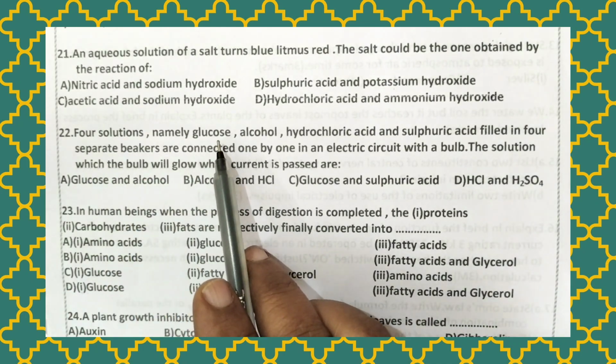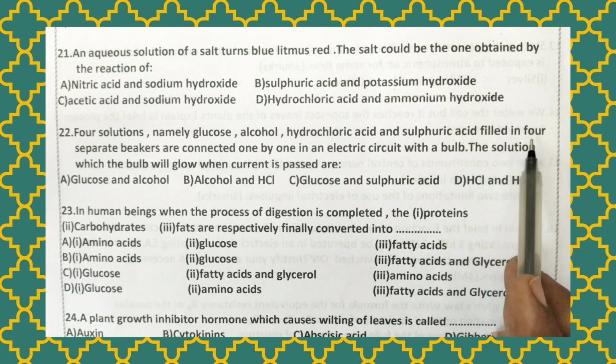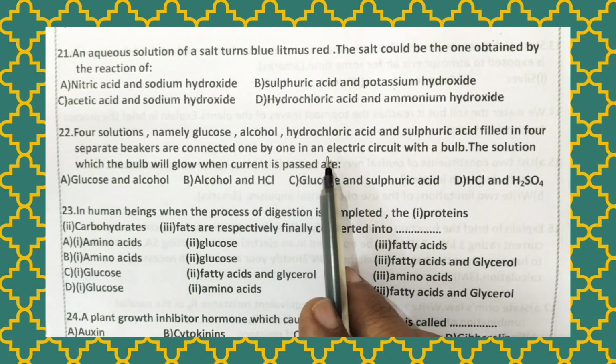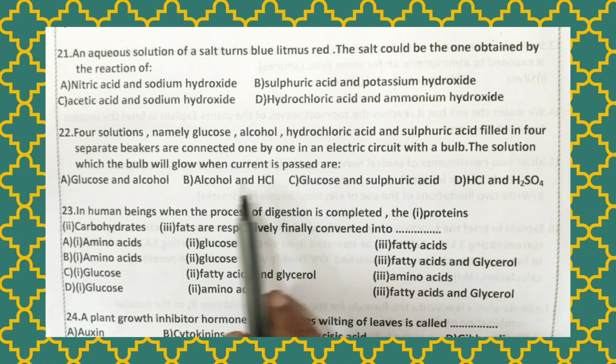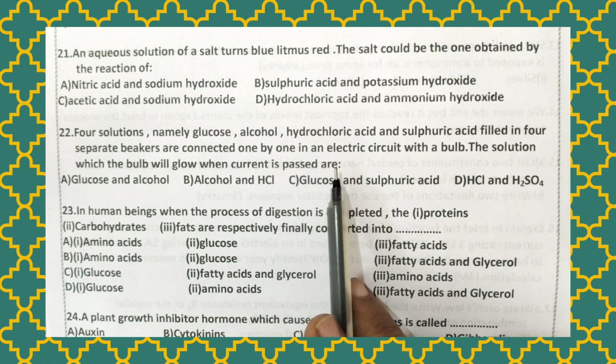Four solutions, namely glucose, alcohol, hydrochloric acid and sulfuric acid, filled in four separate beakers, are connected one by one in an electric circuit with a bulb. The solutions in which the bulb will glow when current is passed are: